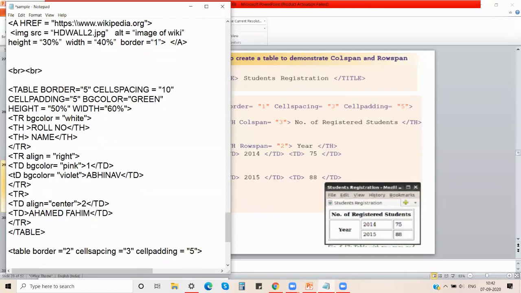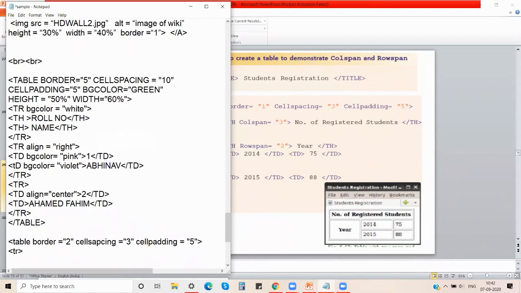So we always start with the table row. Then tr, and the next is you have to span. How many columns you are spanning? This is the diagram given for you.